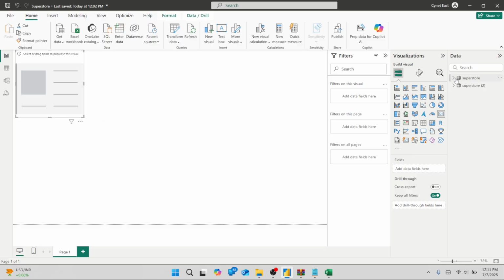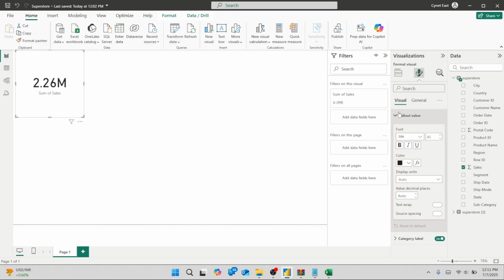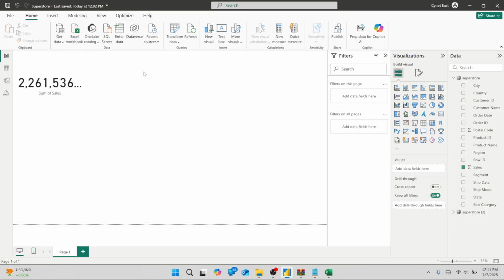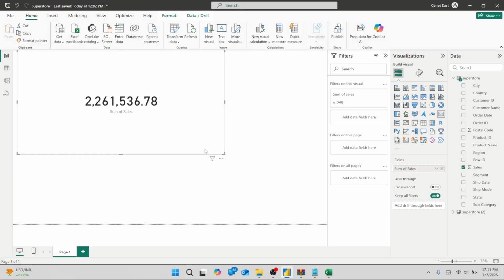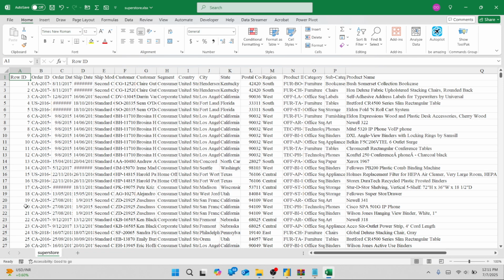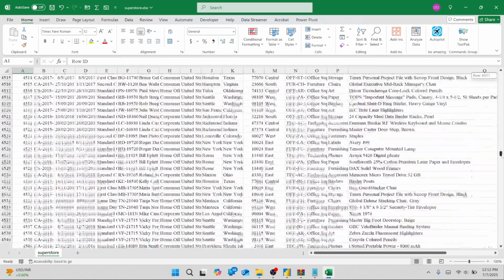So I'm going to use a card. We will learn all the visuals. Then I'm going to do by sales. So this is going to give me around 2.6 million. So let me just make the callout value to be without any visual so that I can see the entire value. So the total sales is around 2.261536.78 million. So assuming I've modified this data, for example, I want to take out half of these in this